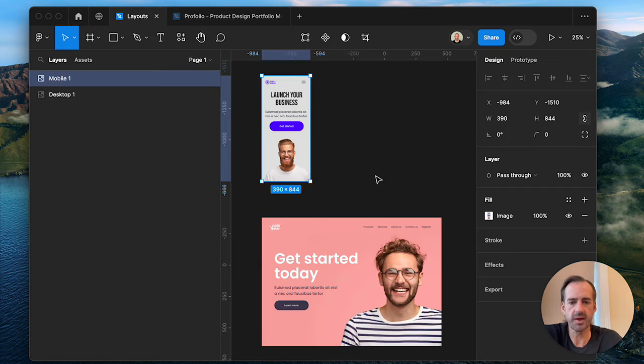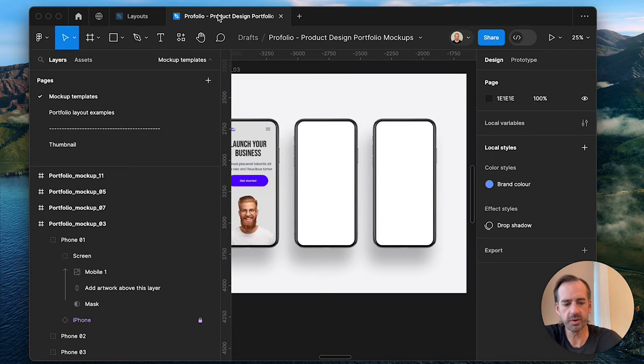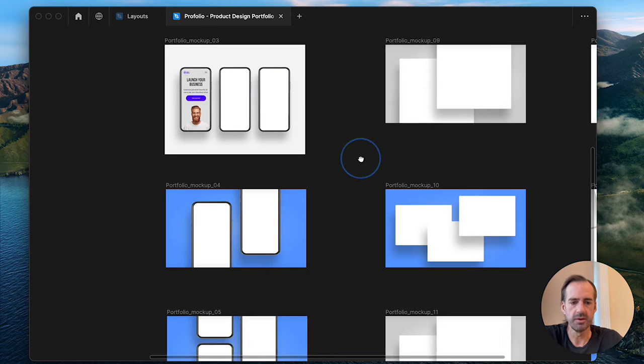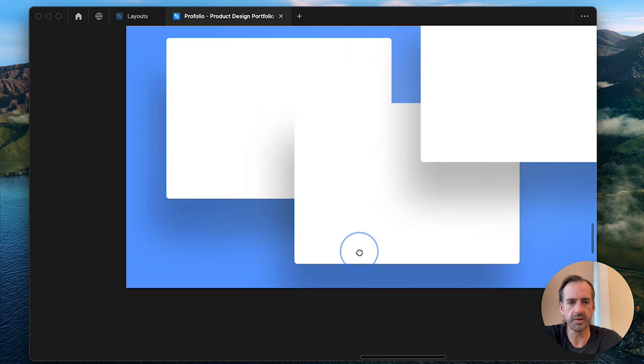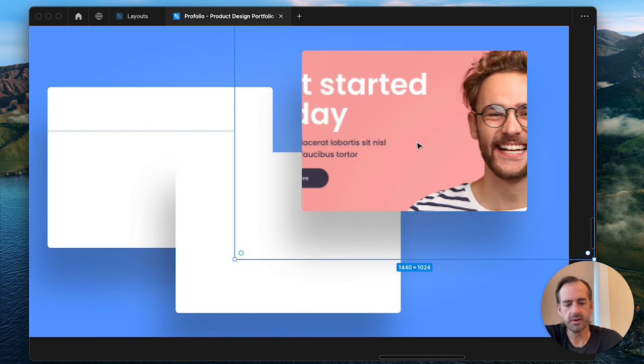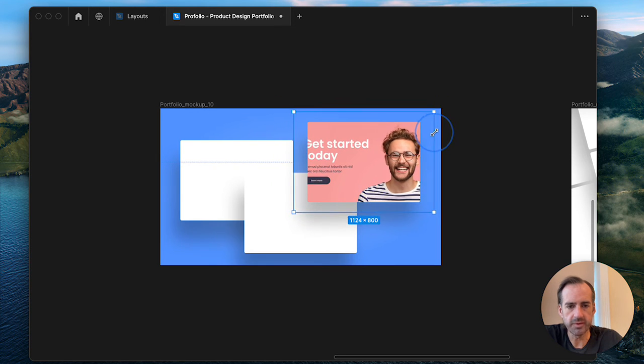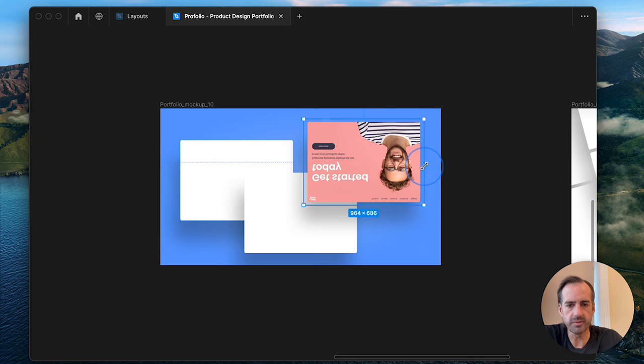Let's go again with a desktop design. So we've got our final desktop design. It can be a screenshot, preferably a flat image. Let's copy that from here. Go over to one of our desktop mockups. Let's go with this one here. We've got 3 different panels here. Simply select that panel there, paste the design in, scale it down a little bit, and there you have your